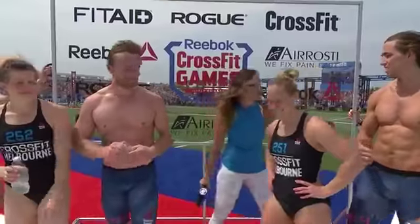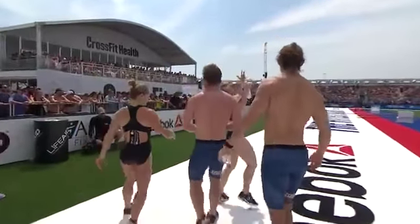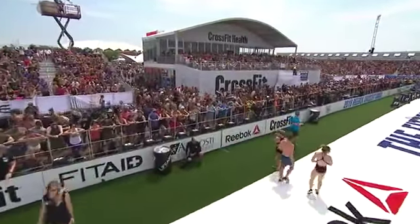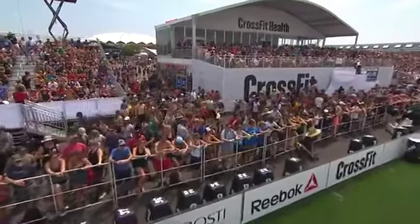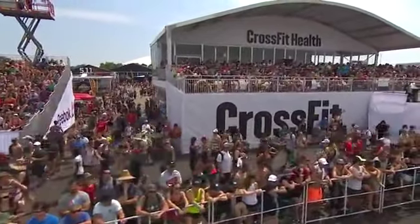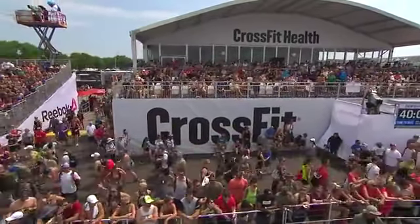Thanks. CrossFit Melbourne again gets a heat win. They finish 5th in the event. East Tamaki gets 100 points as they win the event. They set a blistering pace in heat number 1. That does it for event number 6 for the teams. We'll switch back to individuals momentarily, but we'll be back with you a little bit later. More Affiliate Cup action for the 2018